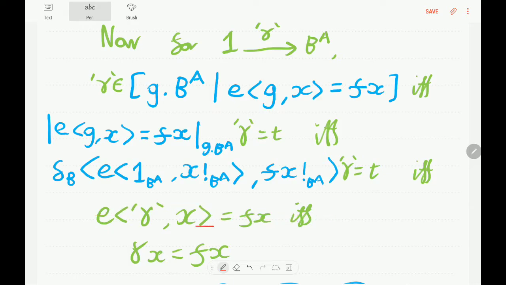And then it turns out that this left-hand side here, e after the name of gamma, comma x, just simplifies to gamma x. I'll show you a little proof of that in a minute, but notice how this substantiates